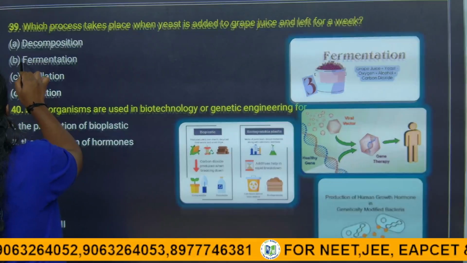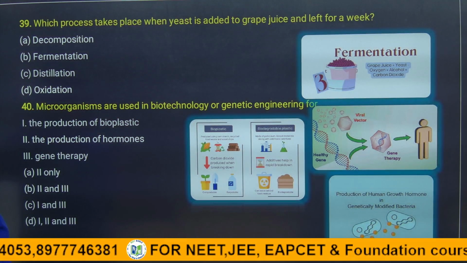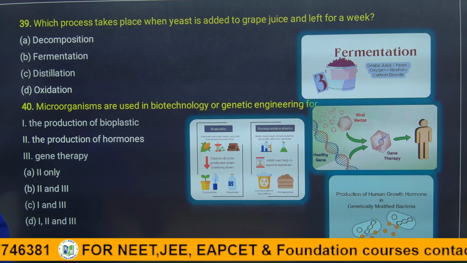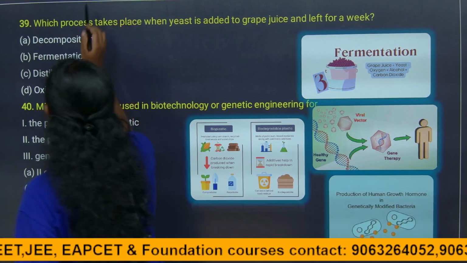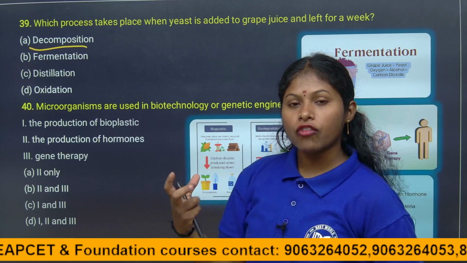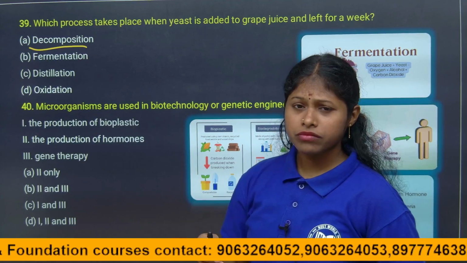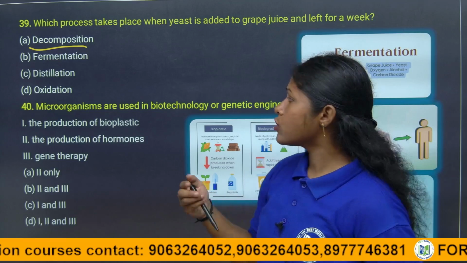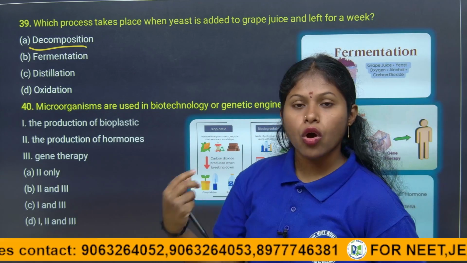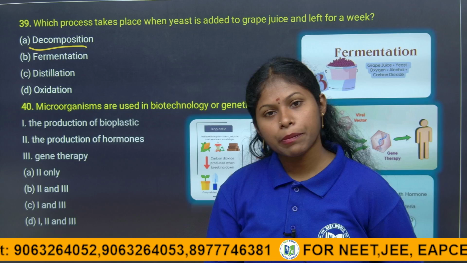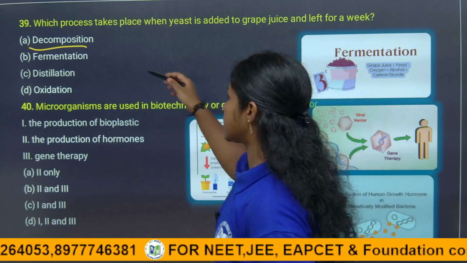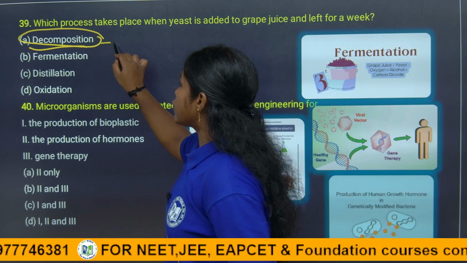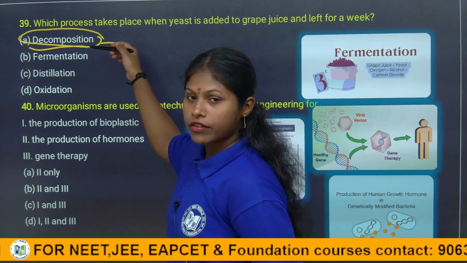So what is meant by decomposition? Decomposition is a process that occurs by microorganisms, mainly bacteria and fungi. They decompose the dead organic matter of animals and plants when they die. So they decompose it and help the soil, making organic manure, right children? It makes the organic manure which is utilized by the plants, and it leads to the fertility of the soil. So that is the process of decomposition.